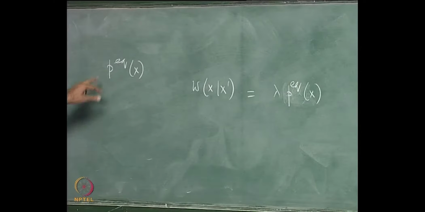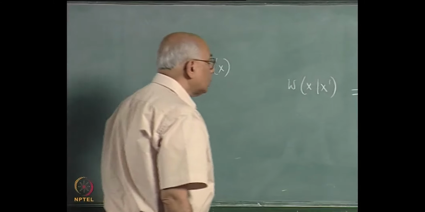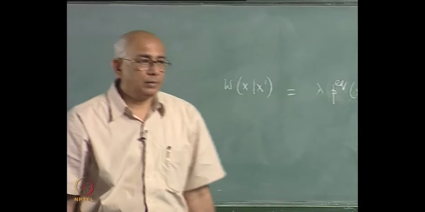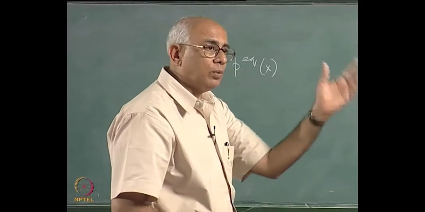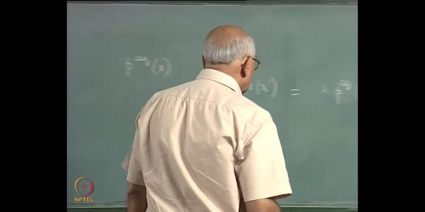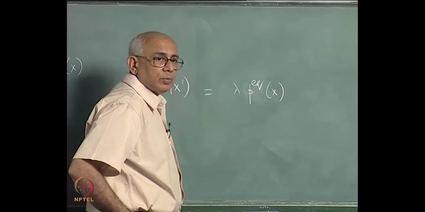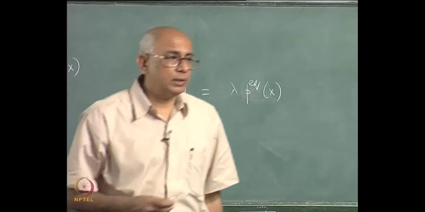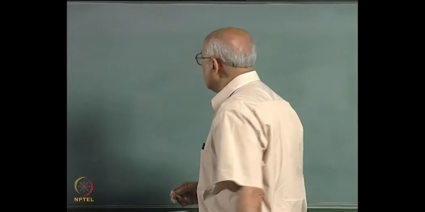This is a normalized density, so if you integrate this over all x, you assume it to be equal to 1, and then it turns out you can actually solve for the conditional probability density p of x comma t given x naught. You can actually solve this exactly and show that the process is exponentially correlated. So it generalizes the idea of this two state process to a continuum of states in a specific direction. So once again I leave you to work this out and show that there is an exponentially decaying correlation.